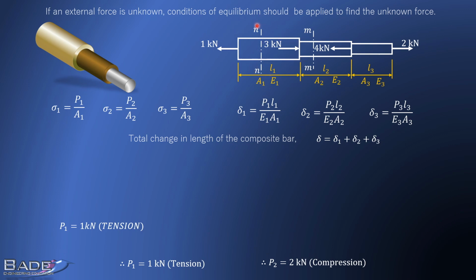When you want to find force on a cross section, we add forces on any one side, but while adding these forces, use nature. That is, check whether the force is push type of force or pull type of force. Listen to me very carefully. I am adding forces on the right side. 3 kilonewton pull, 2 kilonewton pull. So total 5 kilonewton pull and 4 kilonewton push. So on cross section NN, 5 kilonewton pull and 4 kilonewton push. So net force is 1 kilonewton pull.